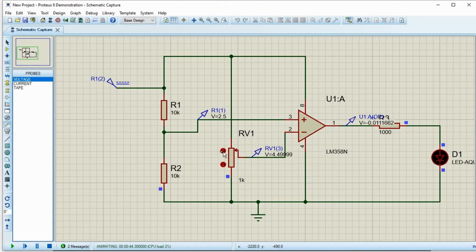Now let me slowly increase it. Now let me slowly change it. It is 2.9, it is still low because the positive is 2.5, so 2.9 is higher, the negative is higher. So let me come down. You see at this point, 2 volts, the higher one is 2.4, that is connected to the positive. So the output has become high. At that point you can see it vary. As I told you, using this op amp as a comparator, you can build many circuits like turning on the lights when it is dark, or turning on the fan when the temperature is higher.